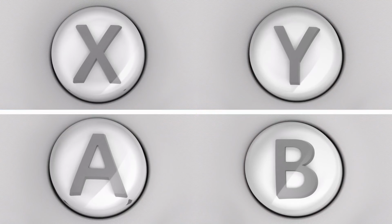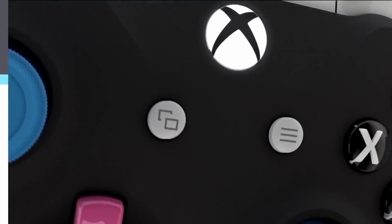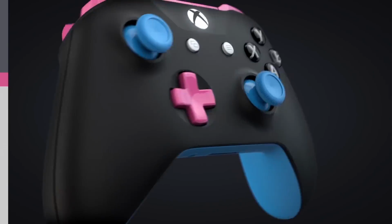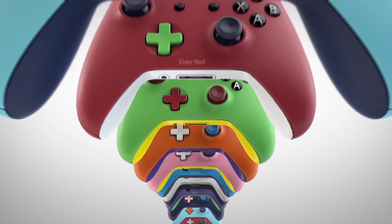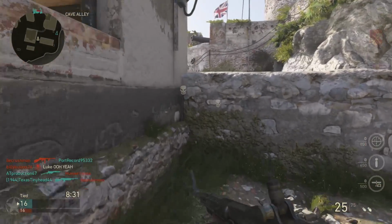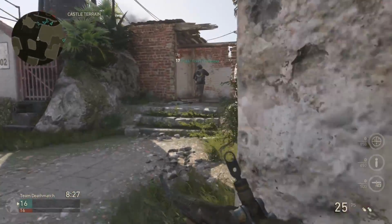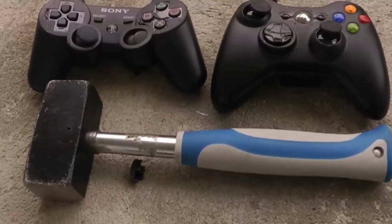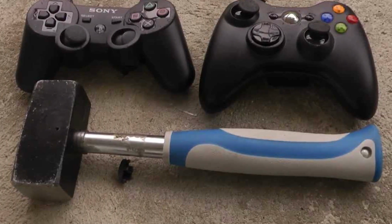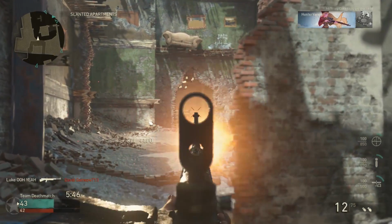And while the Xbox One controller is definitely one of the most popular controllers on the marketplace right now, just because of how great it feels to use and hold onto, it still does have some criticisms in the community. Most notably, the fact that the Xbox One controller is still relatively fragile, especially compared to the Xbox 360 controller. There are so many times that I know that I've dropped my 360 controller and just picked it up again and it worked fine, where on the Xbox One, a lot of